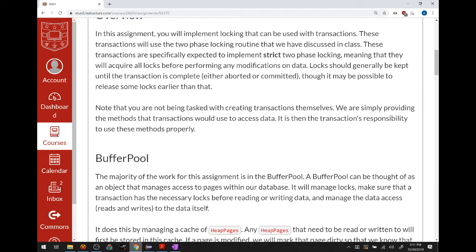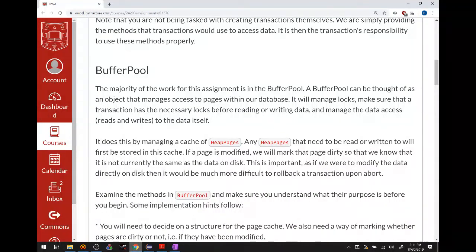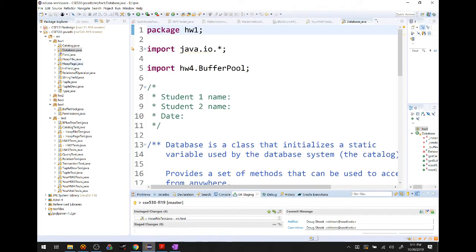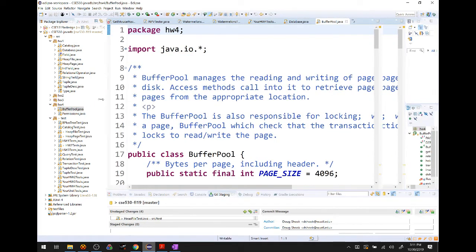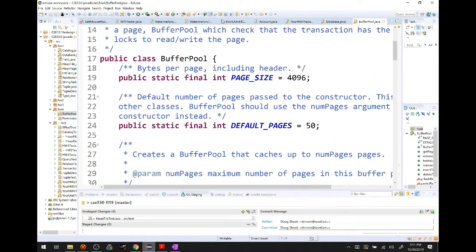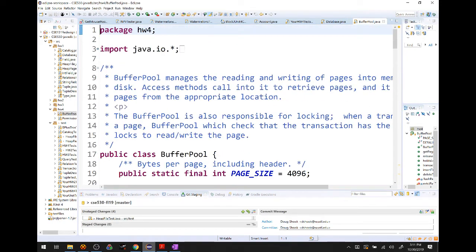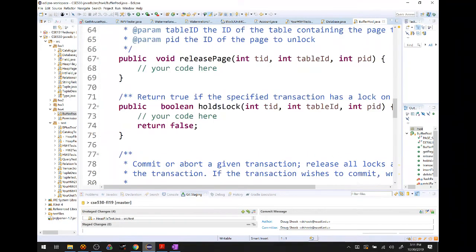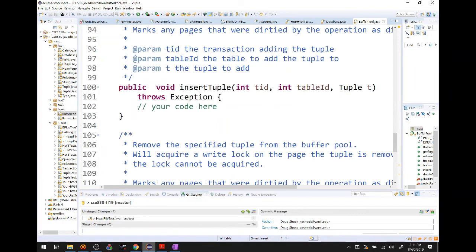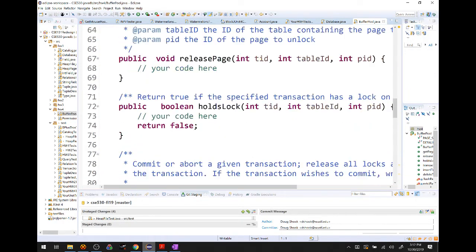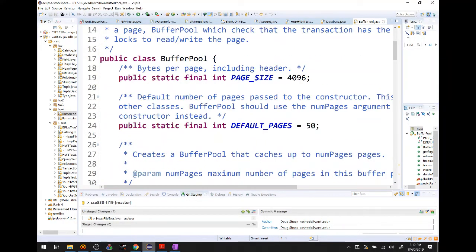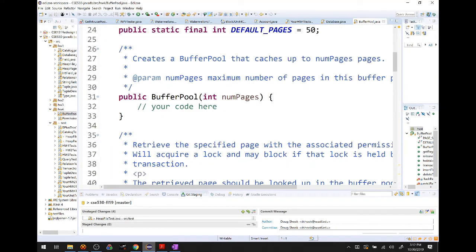Okay, so the main amount of work is going to be in buffer pool. I can go ahead and pull up the code for buffer pool. Oh, I already have it? No, that's not the right file. Here we go, buffer pool. All right. Yeah, here's the code for buffer pool. I provided all the methods that you are being asked to complete, as well as descriptions of those methods, but we can give a brief rundown of those now.